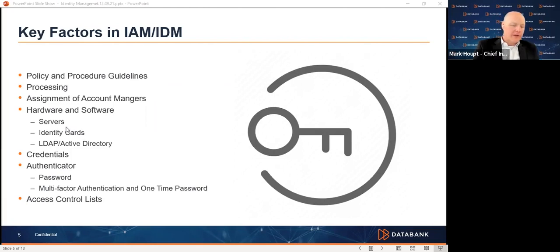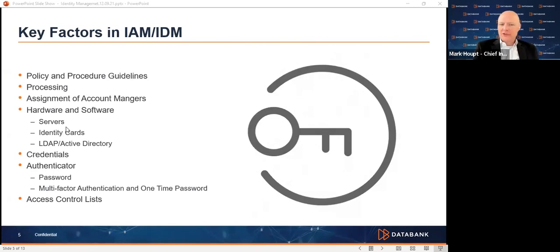Now, this other thing I have identified here is identity cards. So we're moving to a scenario in the world right now where it's not just sufficient to have a username and a password. And anybody that's in the financial industry, anybody that's in high capacity security environments like the government and healthcare already knows this, but that is even floating down into manufacturing and other supply chain type of scenarios, into small businesses, is having identity cards where you can plug them into the side of the computer, so that even if someone has a user ID and password, the authentication, the identity will not be validated and will not work without also this card that's in place.